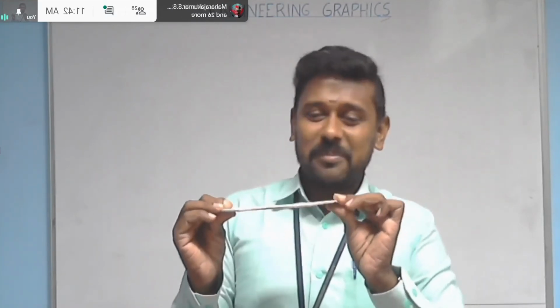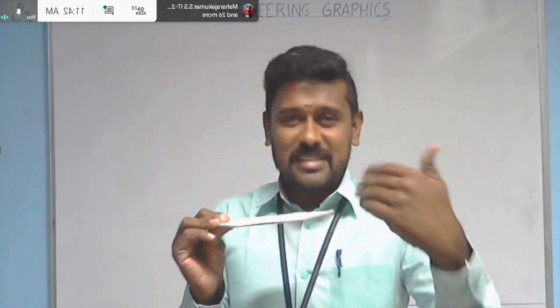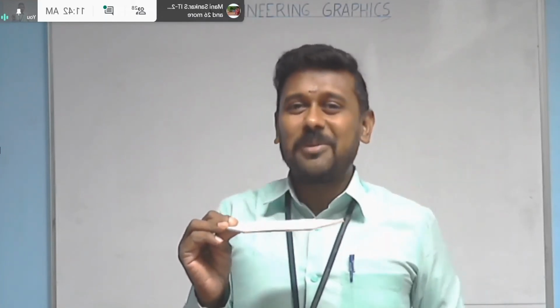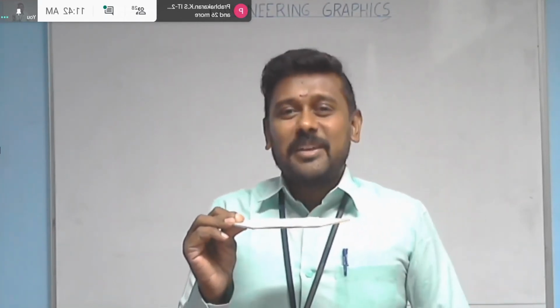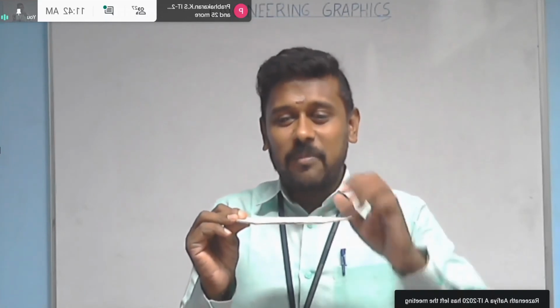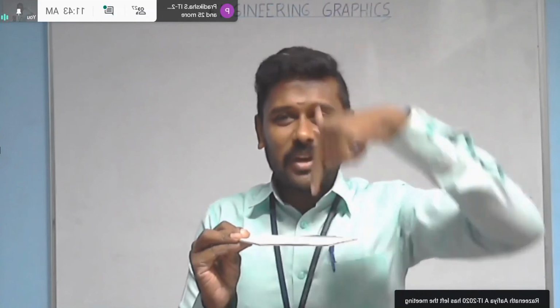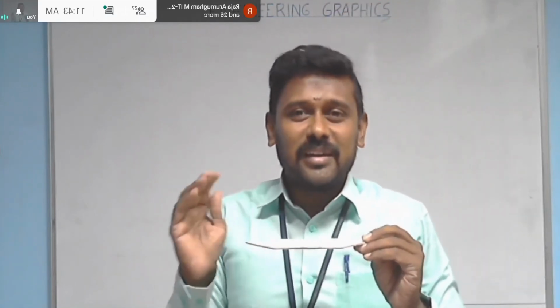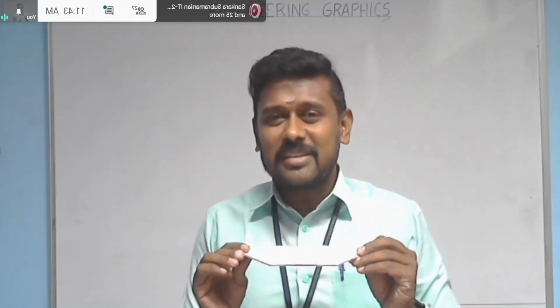See here, I am accidentally giving you a test. What is the shape of this plane? Which plane am I taking in my hand? You don't know, because all of you sitting in front of me are permanently able to see only the front view on this screen, by this camera. If you want to see the shape of the plane I am holding in my hand, you have to come on top of me, then only you can see. This is the view restriction, or view behavior, in the case of projection of planes.